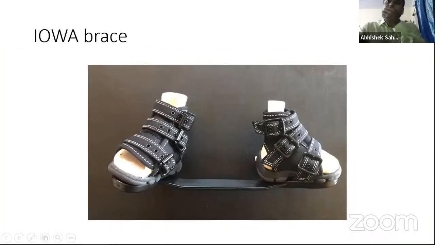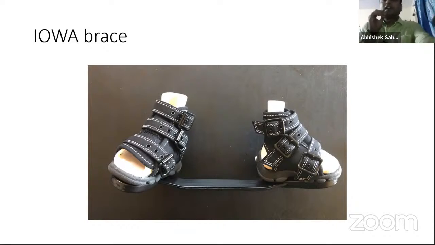This is the Iowa brace, which you can see the same way. We have the three straps over here, a bit of a hint of AFO if you can make it out from there, a little bit of structural design which has been taken from AFO. This is again almost the same as a DB splint or